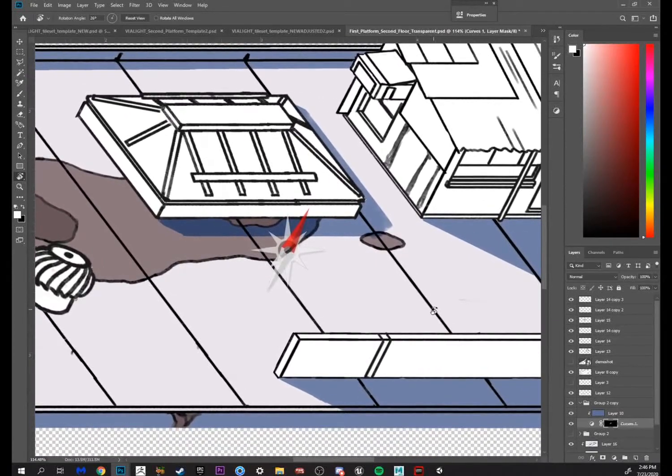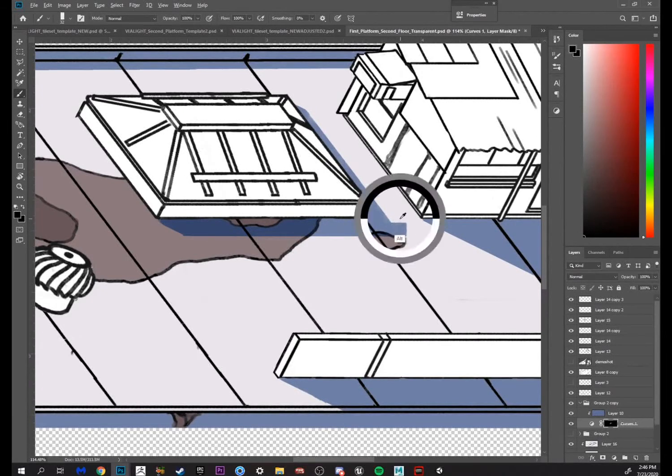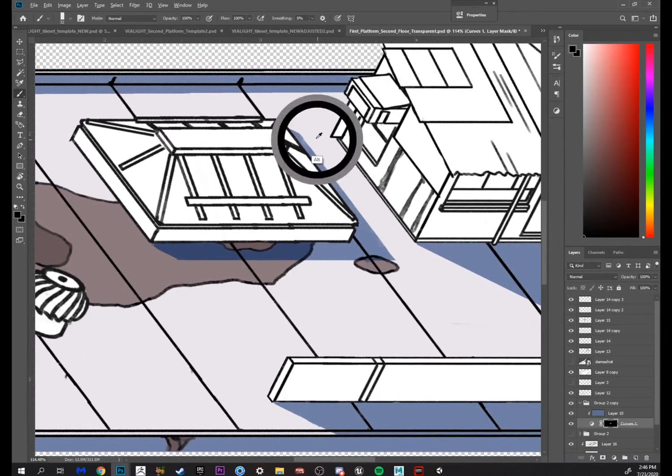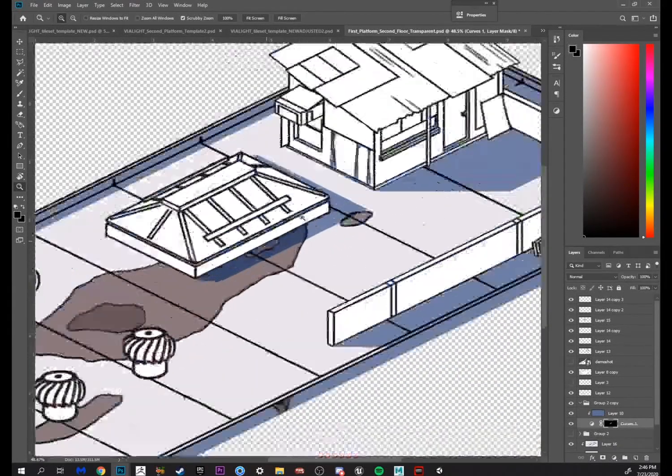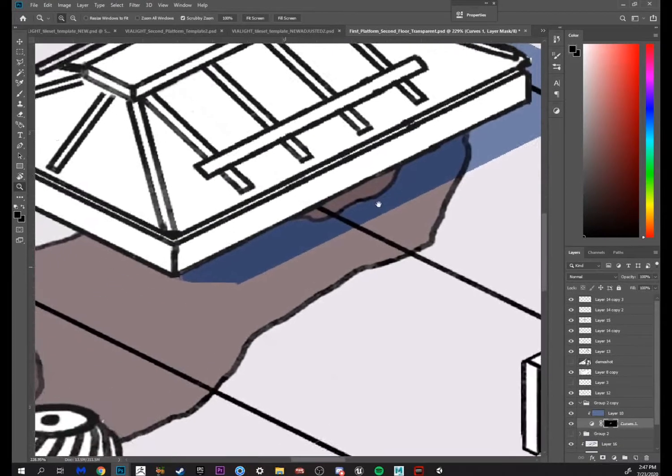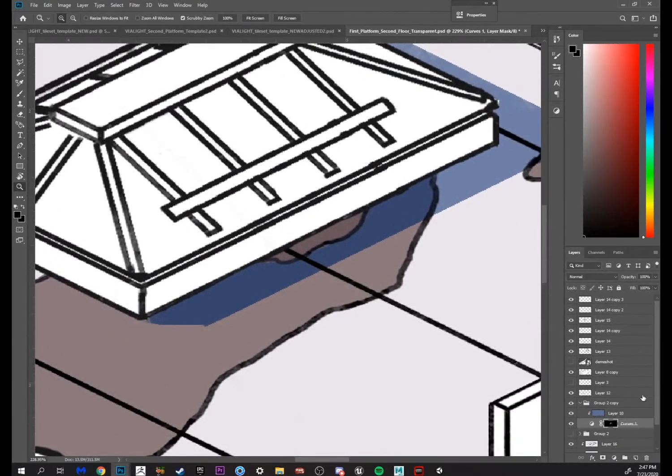Now, this thing actually has a little kind of dome on it. So how am I gonna do that? I could just ignore it. That's not looking too great. I don't know about that. Let me just